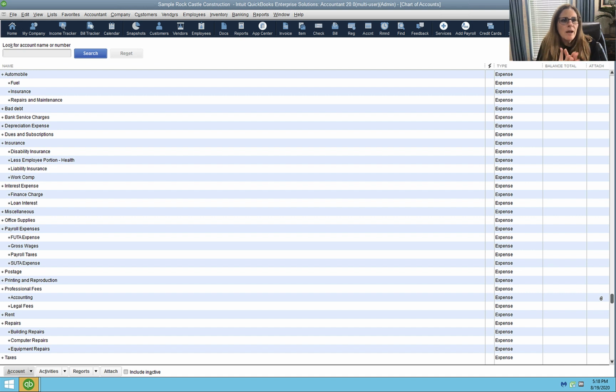With automobile, I really like to have a subcategory so you can break out how much is your gas or fuel, insurance, repairs and maintenance. That way, if things are out of whack for budget purposes, you can kind of see where it goes crazy. You can see where it's out of line, maybe you had to get new tires, and that's why February's net profit